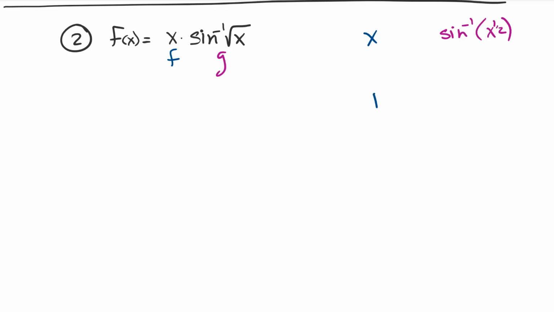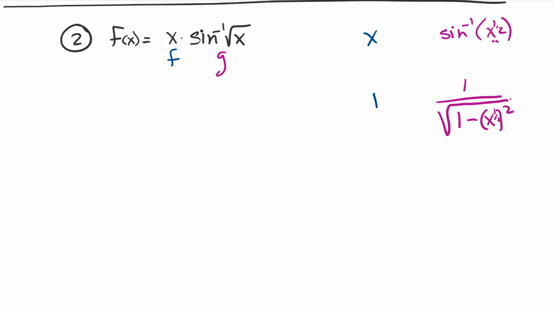We're going to take a derivative on the outside of sine inverse. So sine inverse of the square root of x. That's all we're taking a derivative on. The outside function becomes 1 over the square root of 1 minus something squared. Holy crap, that inverse function just totally changed. And now what we leave in the parenthesis is what's in the parenthesis up here, that x to the 1/2